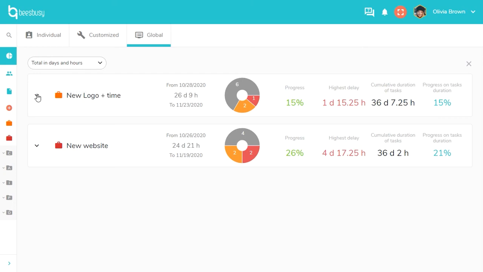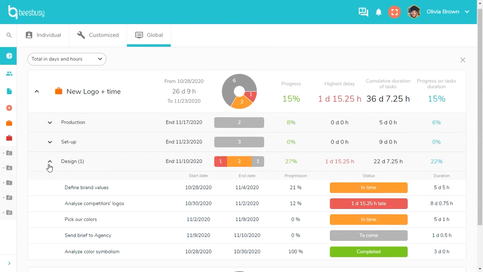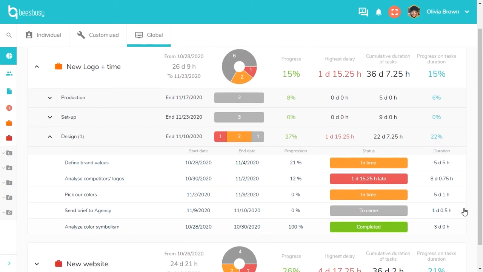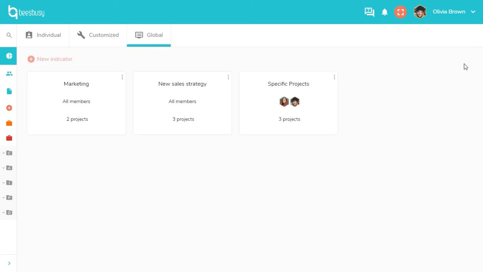By clicking here, you can see the task lists of a project as well as progress data. By clicking here, you can see the tasks of a project with the dates. Here, a bar chart allows you to view the progress distribution for the tasks of the list only. This dashboard and the indicators of progress allow a combination between planning and time management.